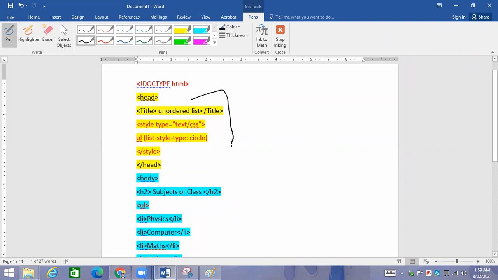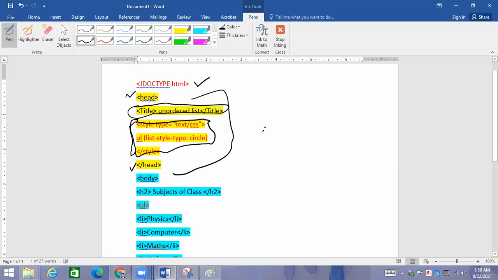This is basically the head section that I have explained to you. This is the head section, and from here is the point where the program starts, and at the end the program is going to end. This complete part is the head section, and inside the head we have a style section. This is basically the style, and then the title is also there. Then the body section comes after the head. So this is the opening tag of head, this is the closing tag of head, this is the title, this is the style. Whatever style we are going to apply, we are going to mention over here.